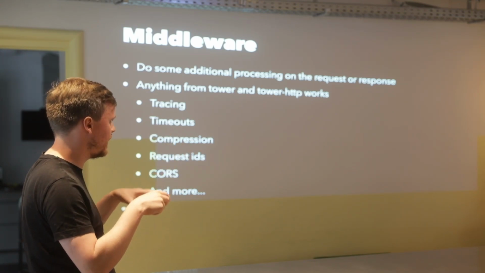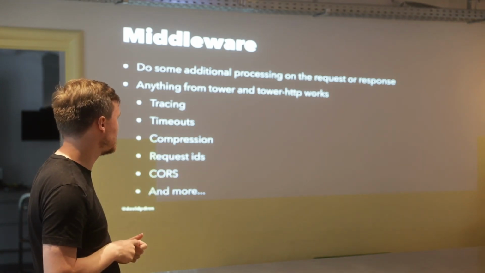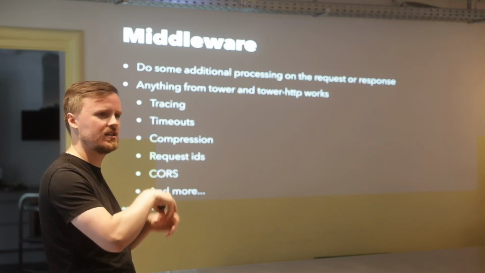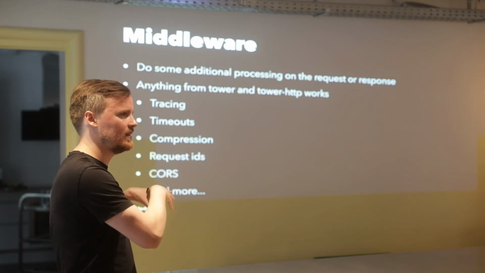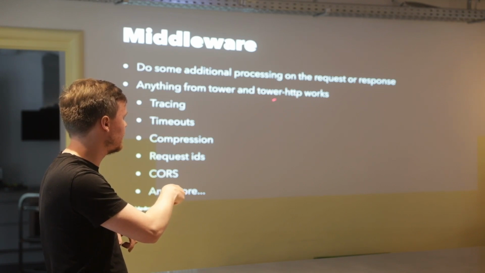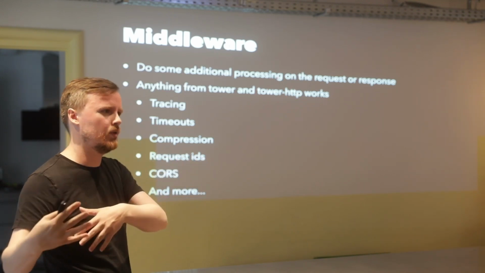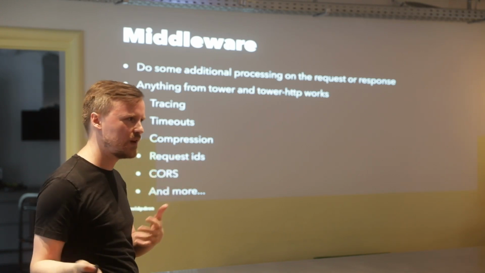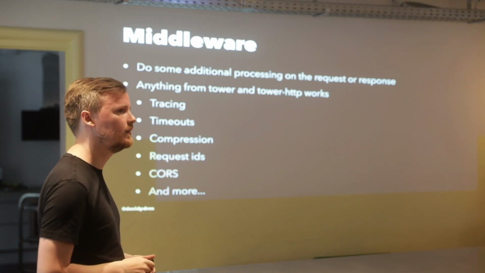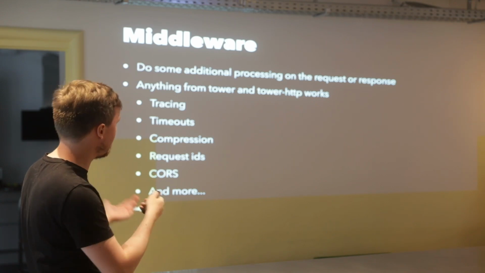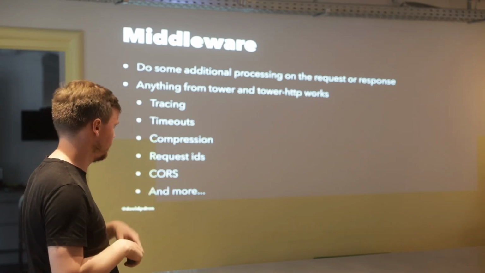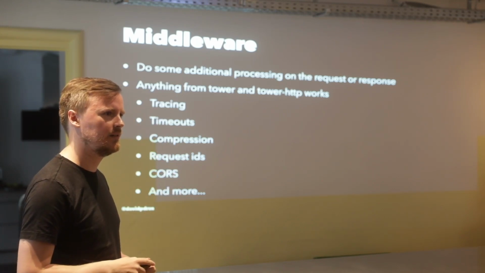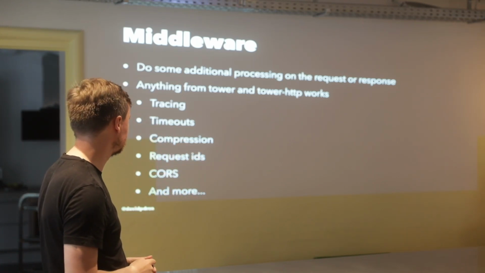And Axum is sort of built to take advantage of Tower and Tower HTTP, which is an ecosystem of middleware. So if you go to the Axum repo itself, there's at least very few middleware that are built into Axum, because all the ones that are in Tower HTTP also work with Axum. But Tower HTTP is not specific to Axum, so if you have another framework that also supports Tower, you can technically use our middleware stuff. That means that you get stuff like tracing, timeouts, compression, request ID, CORS, and tons of other middleware for free, basically, that the community has all contributed.